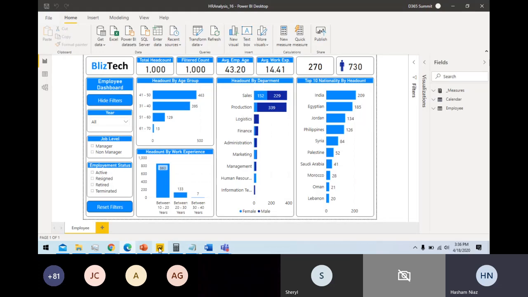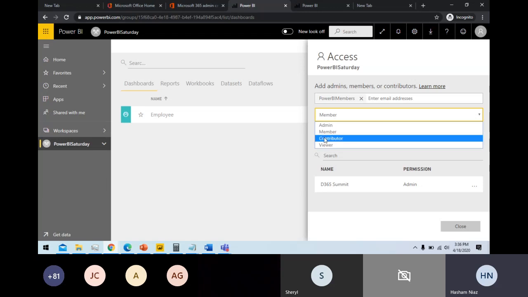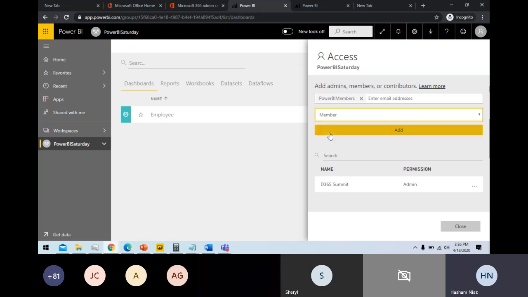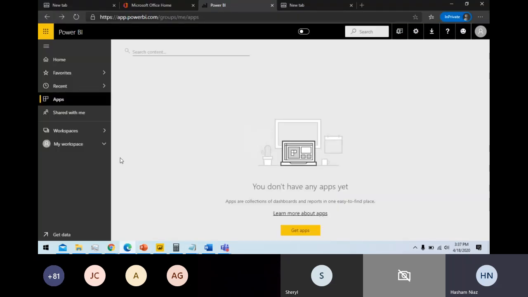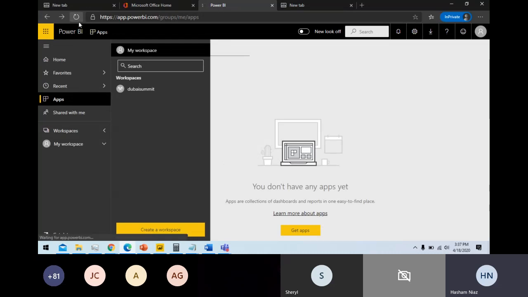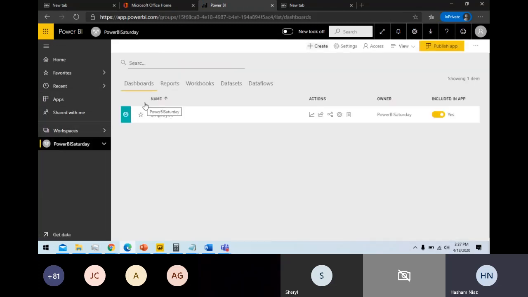So now what I will do, I need to share with the group, so I can type in the group name. My group name is Power BI members, and I'm assigning it a viewer role or a contributor role or a member role based on my requirement. So you can create different user groups. I'm currently assigning it as a member. Okay, so when I add this member and I do a refresh here, it has all the permissions of the member user group. So now the report becomes available again. And I can now publish the app as well.